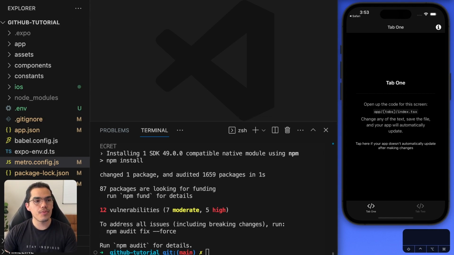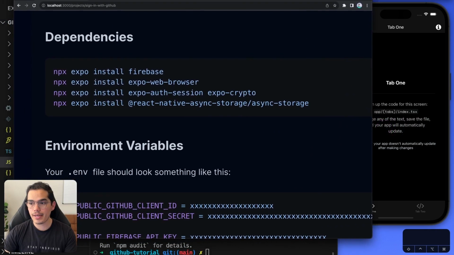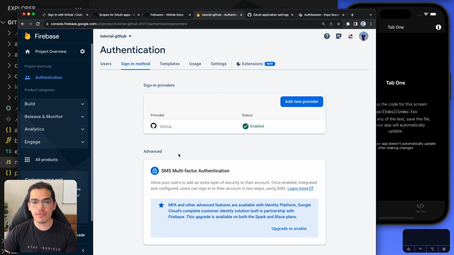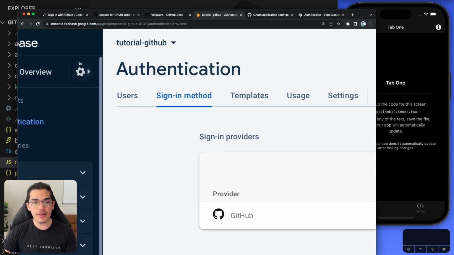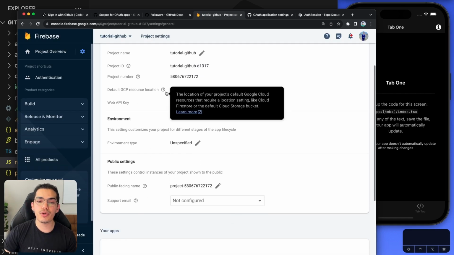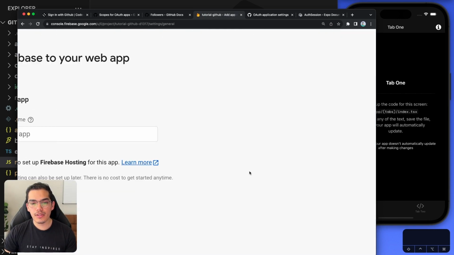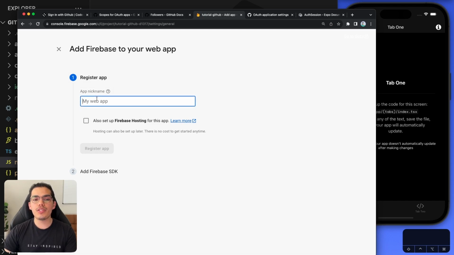And once we have this in here, I'm just going to close this file and actually start by connecting with our backend service. Now, if you remember, let me bring back this here. If we go back to Firebase, we created this backend project, but we didn't connect the application to this backend. So in order to start authenticating the user, let's connect our React Native application to this project. So if you click here, you can select project settings. And here in project settings, if you scroll down, all the way down, and select this web icon, you're going to be taken to this screen in which you can register the application that is going to be connecting to